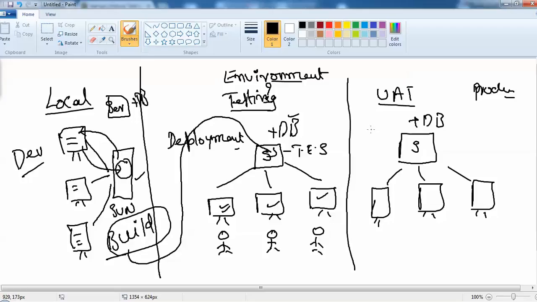Sometimes you can hear about a stage environment. Stage means in between. For example, between local and testing, I can keep one environment. This is called stage. Usually the developers don't have time to conduct integration testing after integrating all the modules. So what they do is create one stage and request the testers,